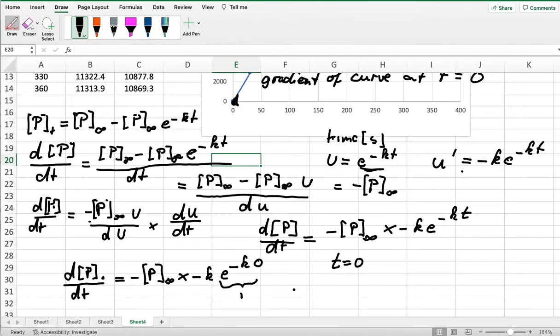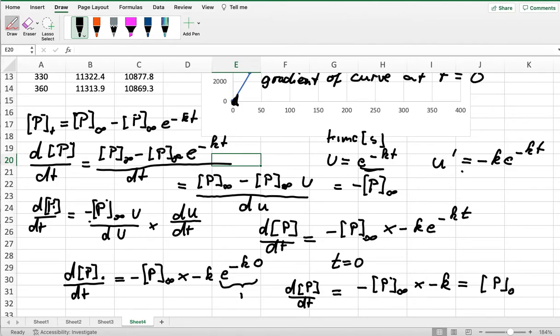So our gradient here at 0, so dp at the time 0, would be just simply minus p0 times negative k, because this term here equals 1, and that would just simply give us